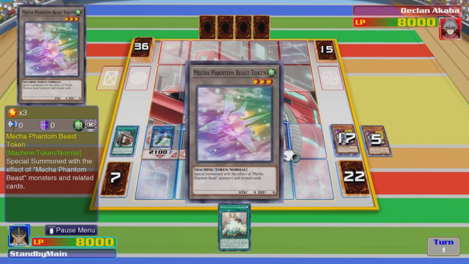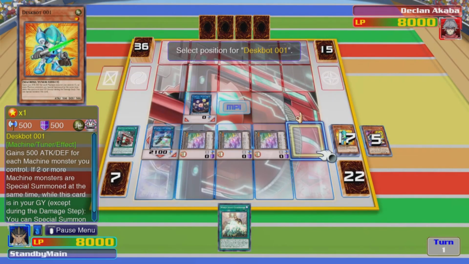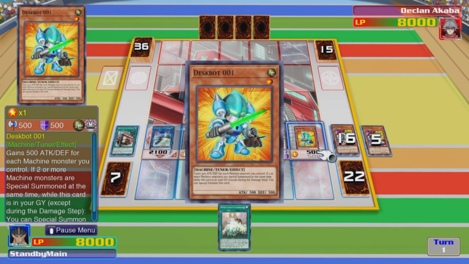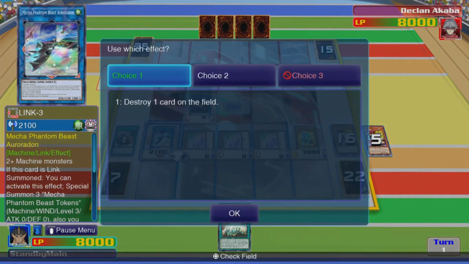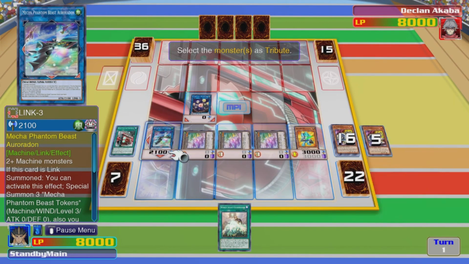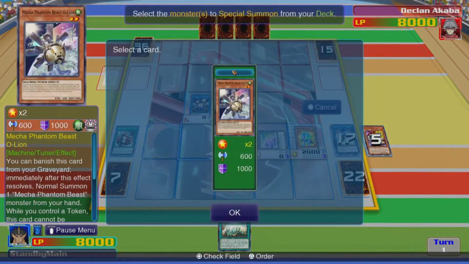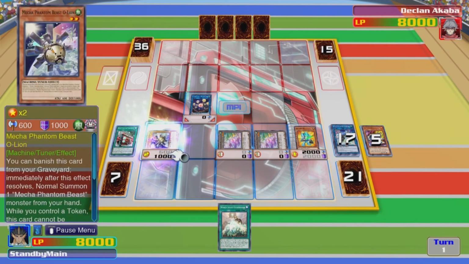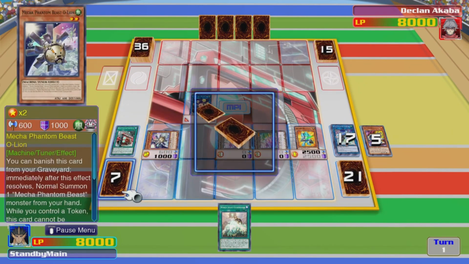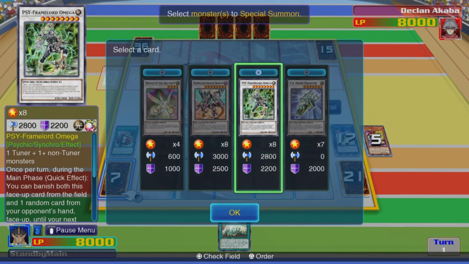By summoning these multiple tokens, we're going to activate Despot 001's effect, because he's now in our graveyard. As long as he's in your graveyard by the time you summon Auroradon, you're A-okay. So it's not too bad if you don't summon it through Hauki Firebacks. Then we use Auroradon's effect to special summon 1 Mecha Phantom Beast card from our deck to the field. So we destroy itself, and we destroy 1 of our tokens to summon it, and it's a level 2 tuner. Now be aware that by summoning Auroradon, I cannot summon any more Link monsters for the rest of the turn, so we are going to be relying purely on our